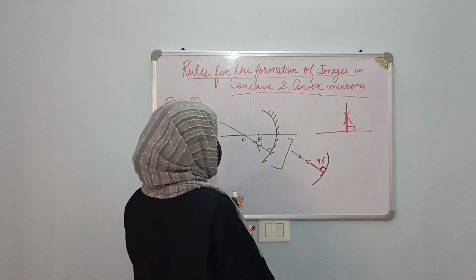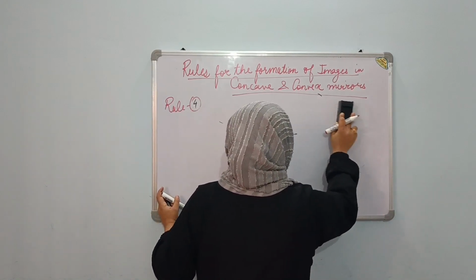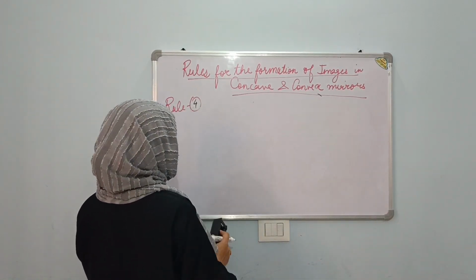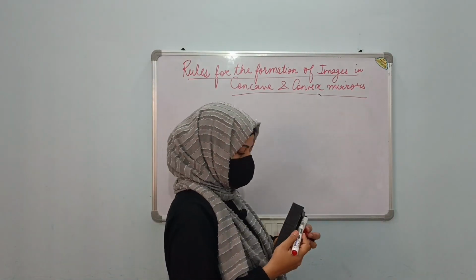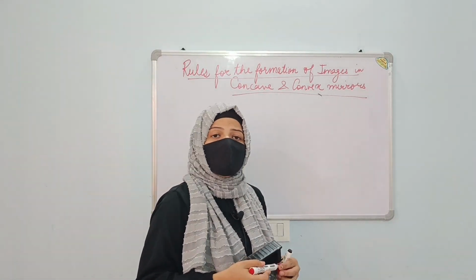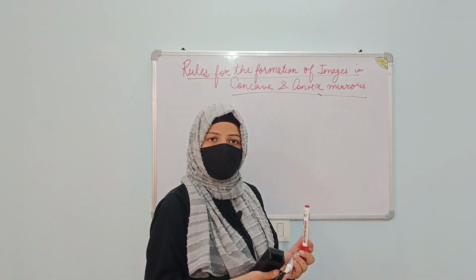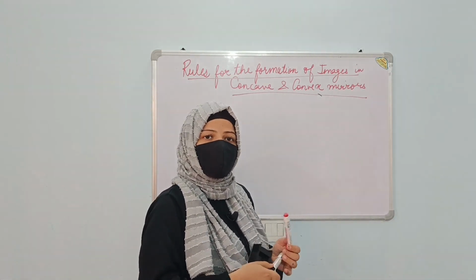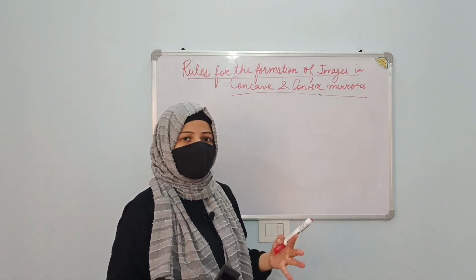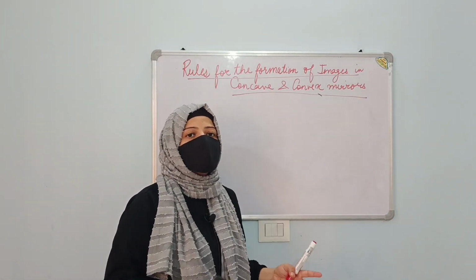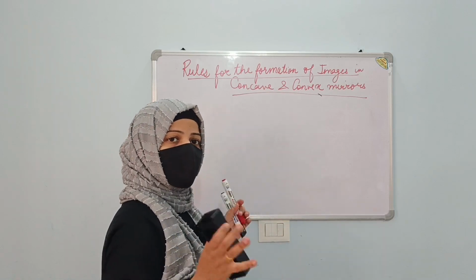So this way only in all the 4 rules, law of reflection is being obeyed. I hope it is clear. So if any question is asked in your board exam, is there violation of law of reflection in the ray diagram? No. If you violate, how will you form the correct image? Following the laws of reflection and these rules only, we can determine where the image is formed. ठीक है, rules को follow करके ही हम सारे ray diagrams को सही तरीके से बना